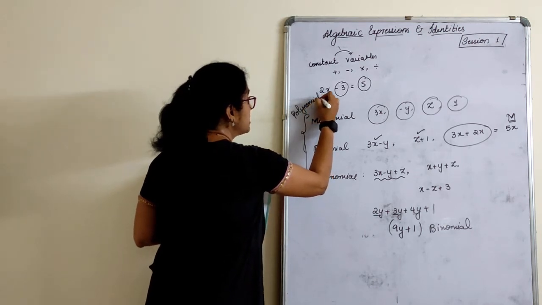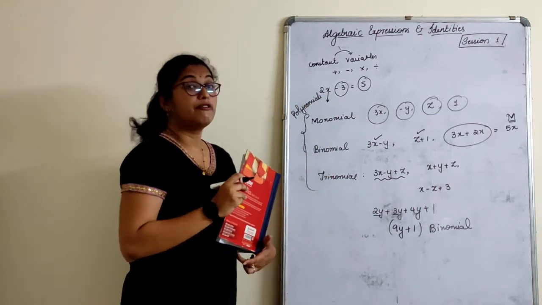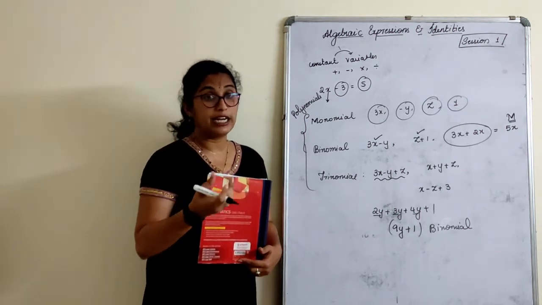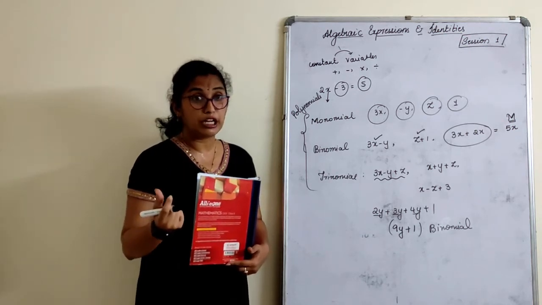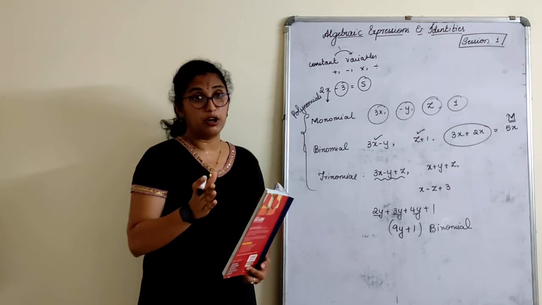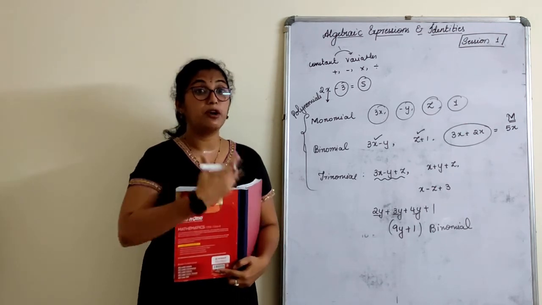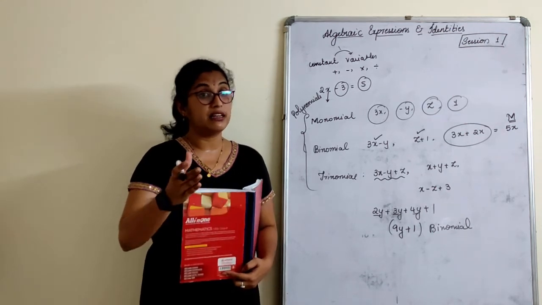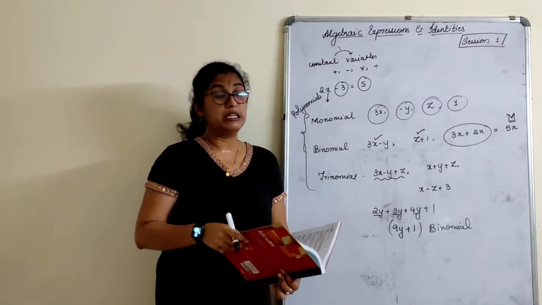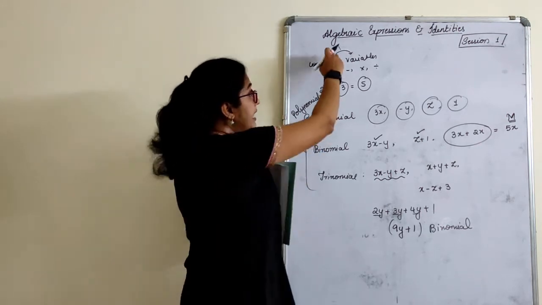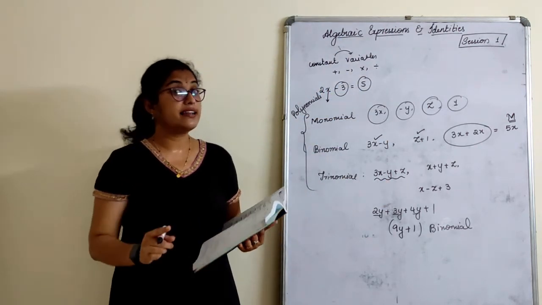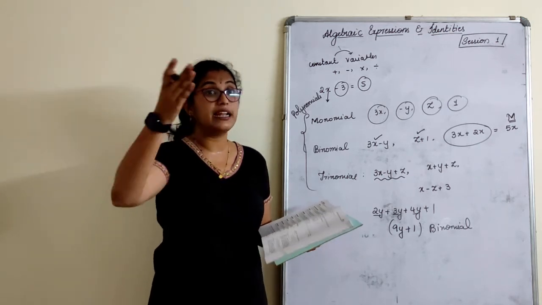But these polynomials have some names. We call that a monomial, we call that a binomial, we call that a trinomial, we call that a quadrinomial, and in general we term that a polynomial, right? That is what you study about polynomials in standard 9 as well as in 10th. So this is all about the introduction to algebraic expressions. We have not still touched the identities. Identities will be done in the second half of the chapter.